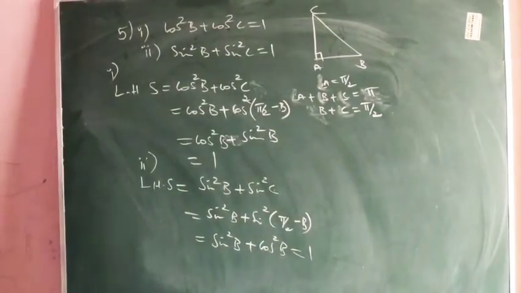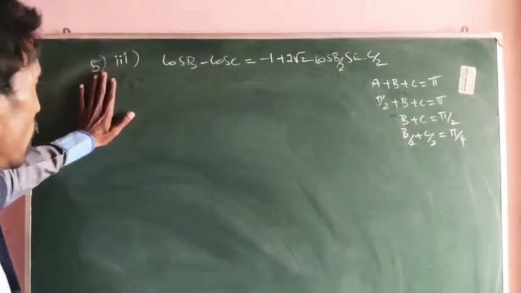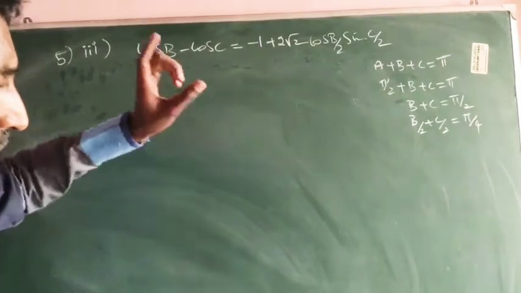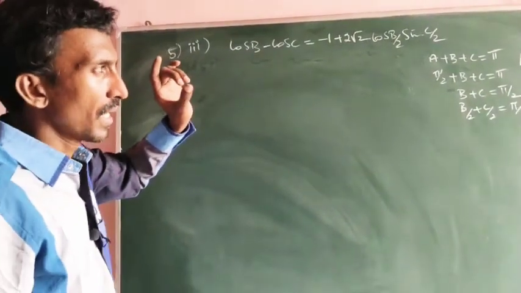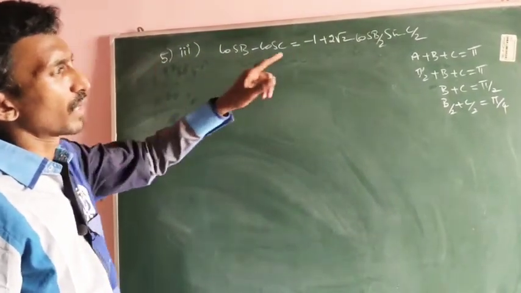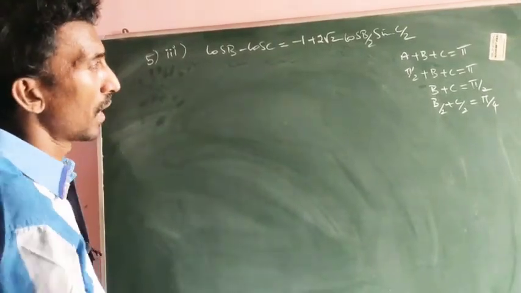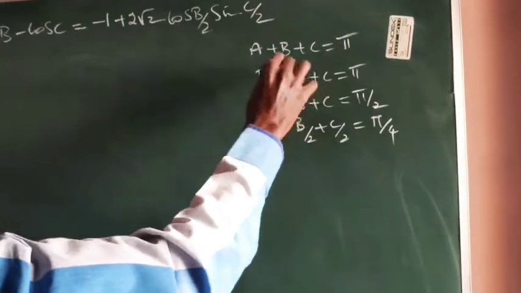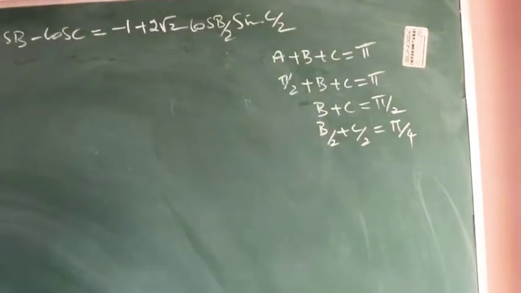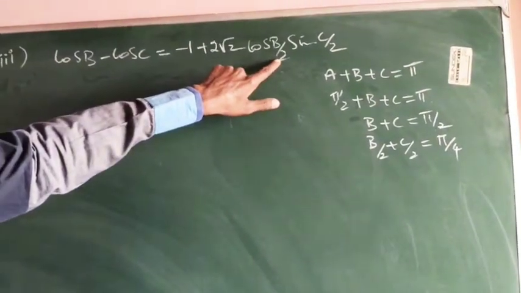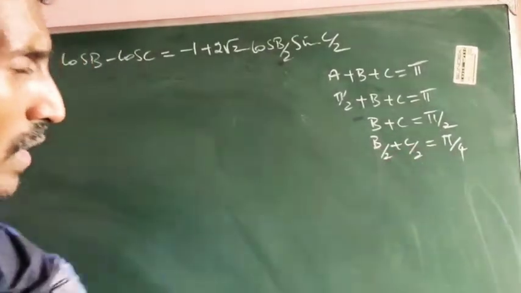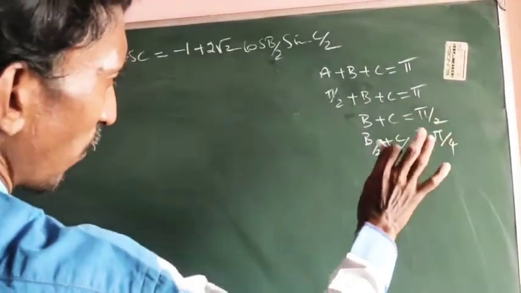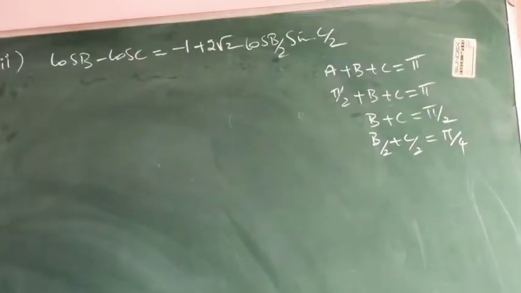That's all. Third subdivision in question 5, exercise 3.7. Remember that condition: given that angle A is 90 degrees and it is a right angle triangle, therefore A plus B plus C equals 180, and A is 90 degrees. So B plus C equals 180 minus 90, that is 90. Look at the third subdivision, half angle is present, so divide both sides by 2: B by 2 plus C by 2 equals 90 by 2, which is 45. So remember these values.